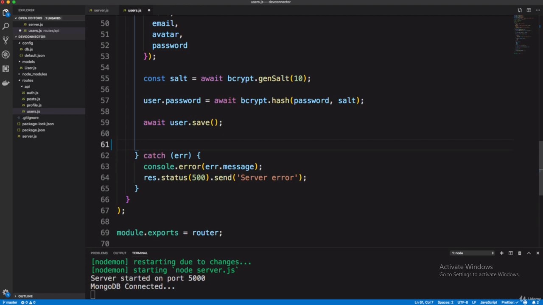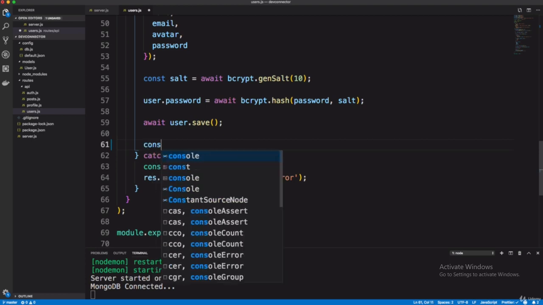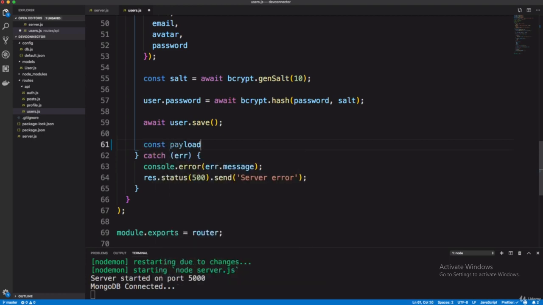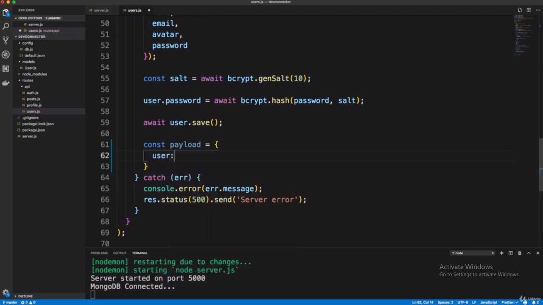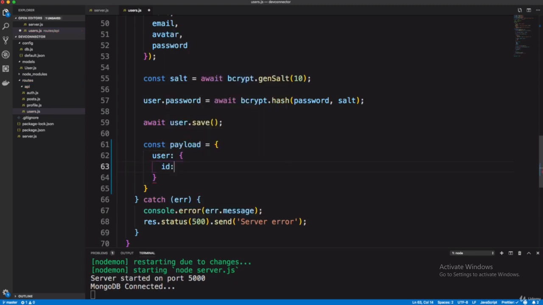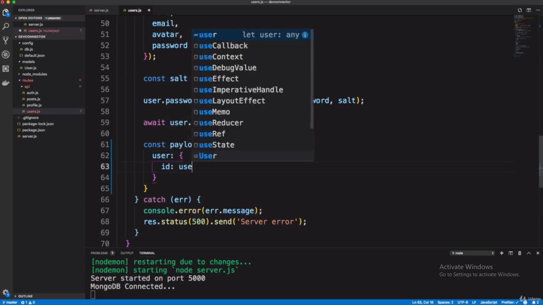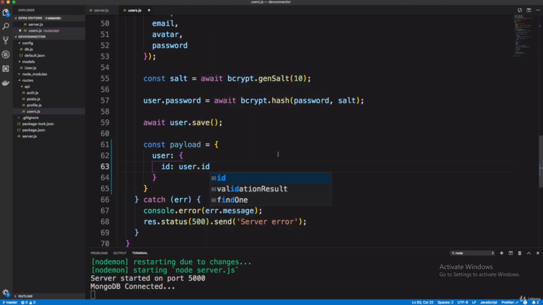To create a token we should use the payload: const payload equals, in object format, user equals id, that is user.id. The id is coming from your MongoDB database, that is underscore id, right? Because you are using Mongoose, you should not write underscore like this.